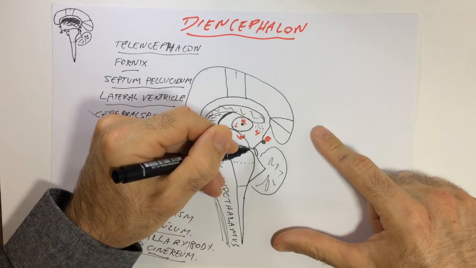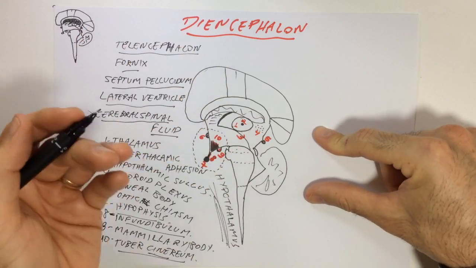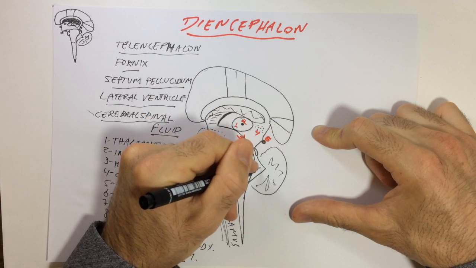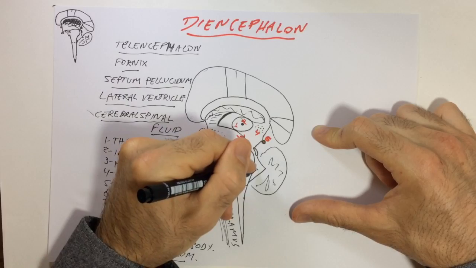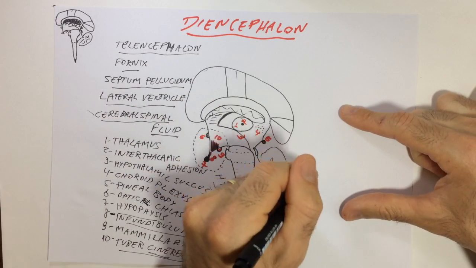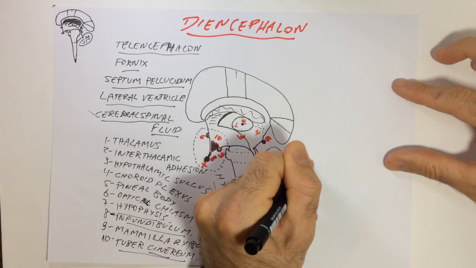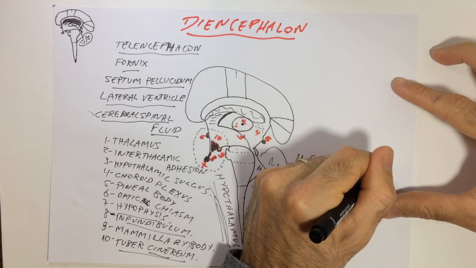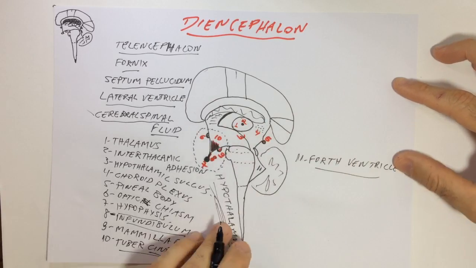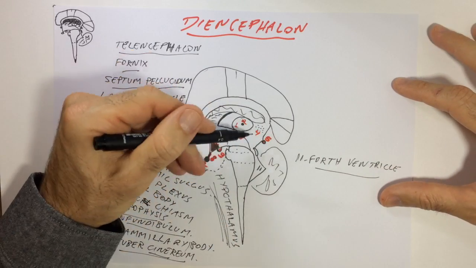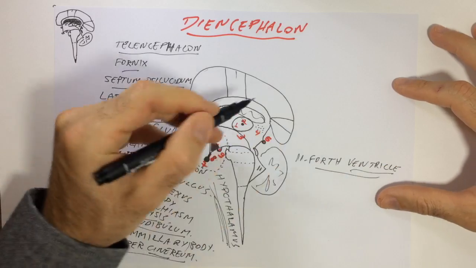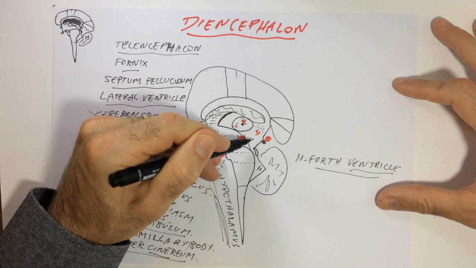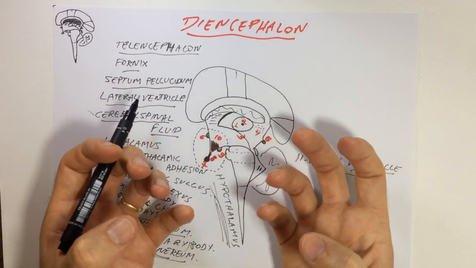And of course, there are some structures that are not part of the diencephalon, but we can also mention here. So down here, I'm going to add another number, 11. So here we have the fourth ventricle. Up here, I forgot to mention, but there is another ventricle. There is actually the space that we have here in the diencephalon, because the idea is that when we put together both hemispheres,